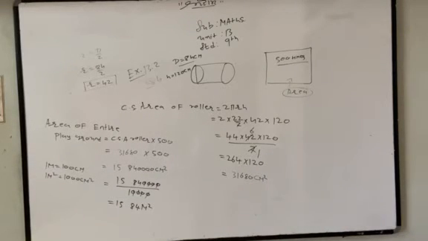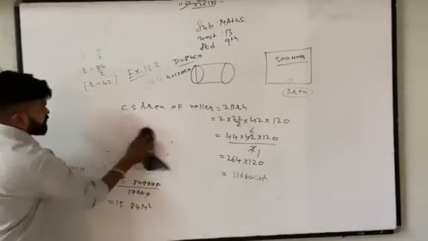Now we are going to solve the next example. What is given? A cylindrical pillar is 50 centimeter in diameter and 3.5 meter in height. Find the cost of painting the CSA of the pillar at the rate of 12.5 per meter square. So first of all, we need to find out the CSA of the pillar. Height and diameter are already given.